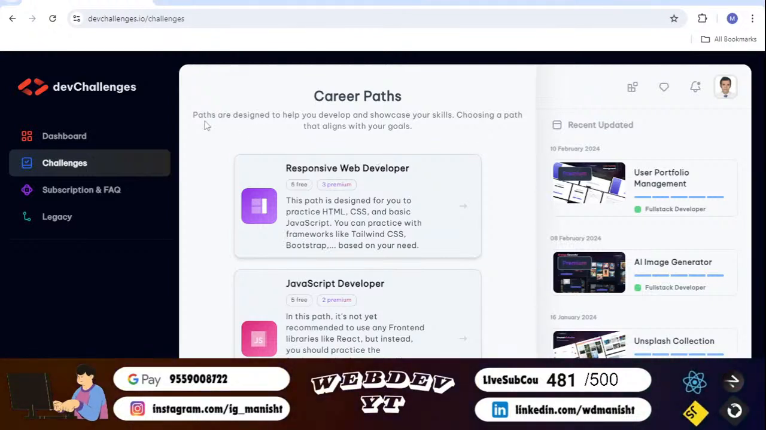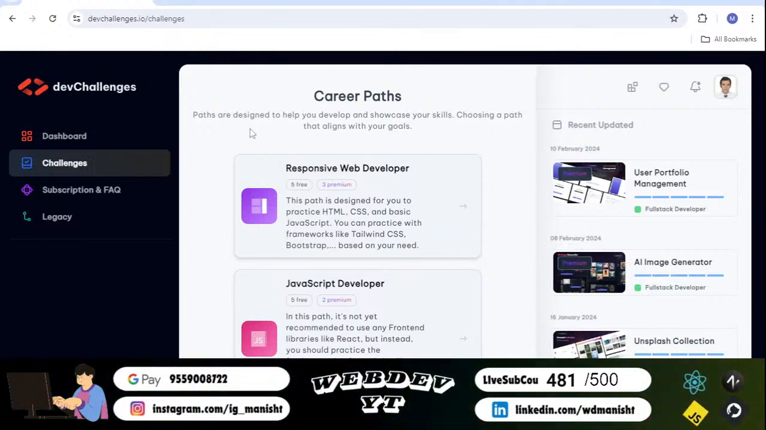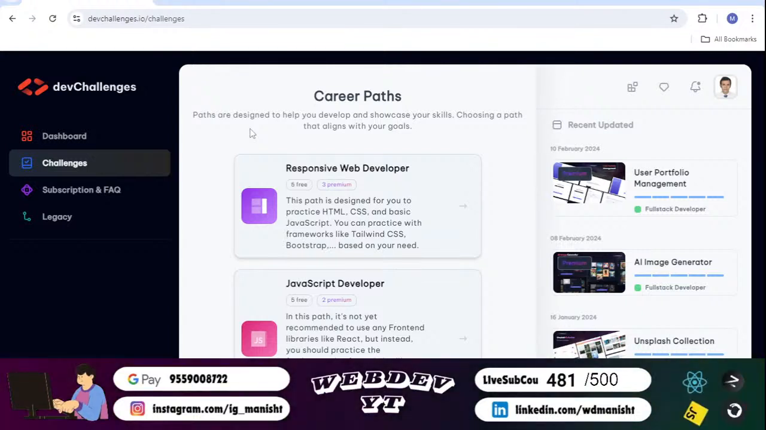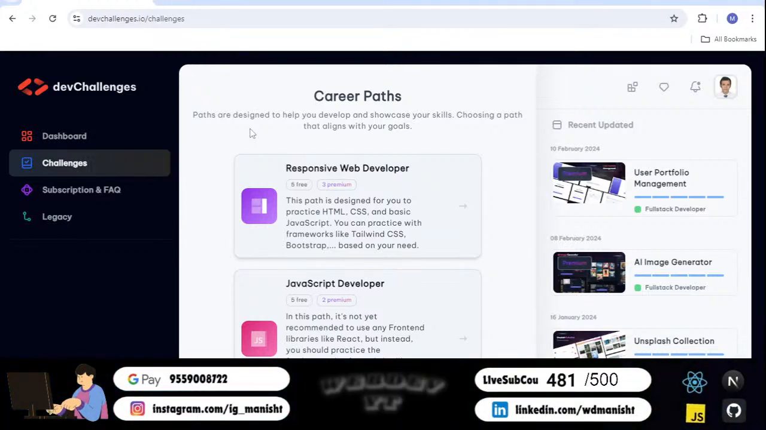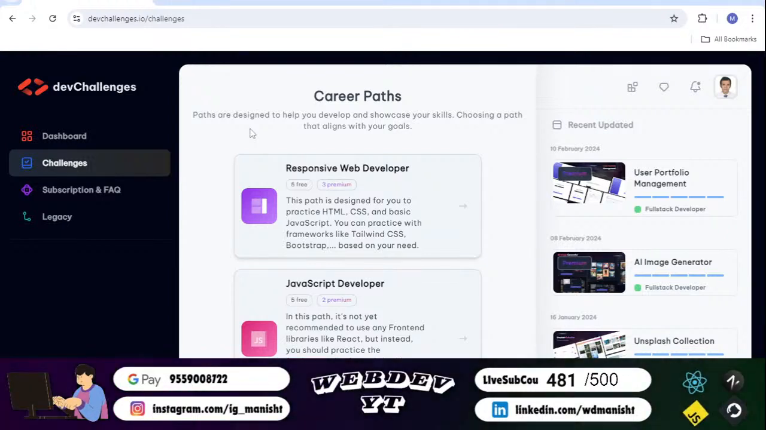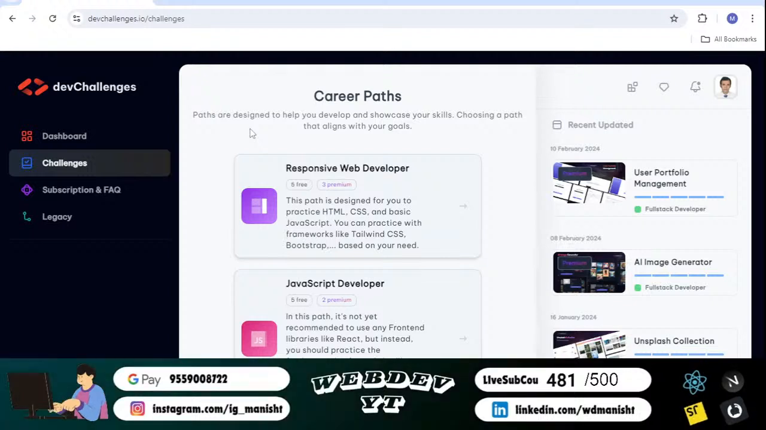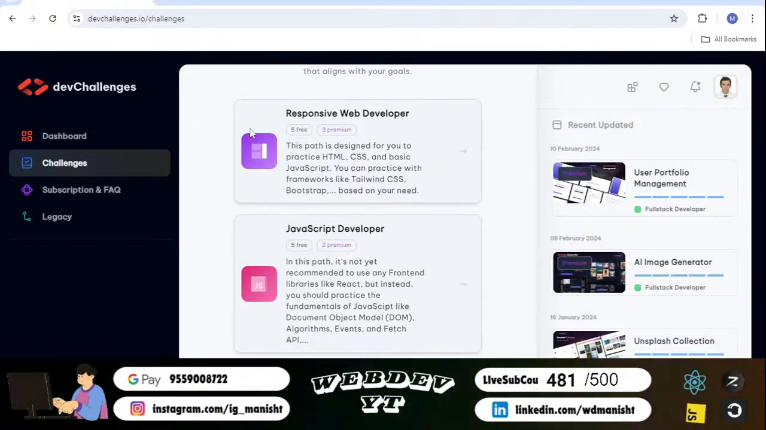Here you can see paths are designed to help you develop and showcase your skills, and choosing a path that aligns with your goals is an important thing. सबसे पहले आप कौन से फील्ड को चूज़ करेंगे, आप प्रोजेक्ट जो बनाना चाहते हो, किस टॉपिक को बनाना चाहते हैं, जैसे, are you creating a challenge or a project on responsive web developer,